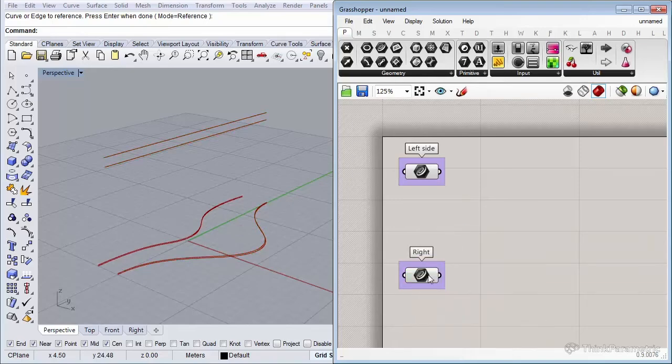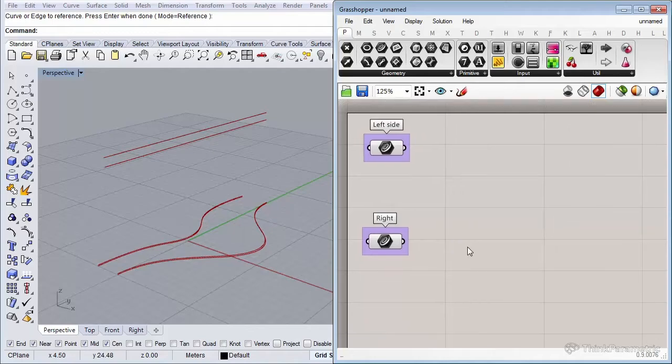The reason why I distinguish between left and right is that all the operations we're going to perform, we perform on one side of the wall. Because when we're done, all the way at the end of the course, we can simply copy everything we did for the right side and apply it to the left side with some minor adjustments.